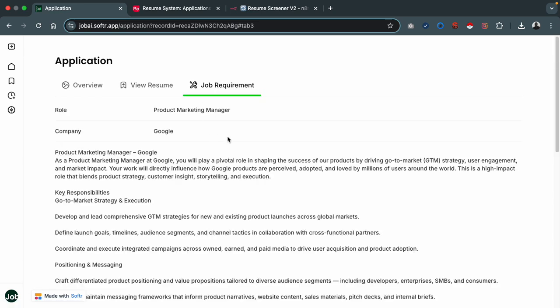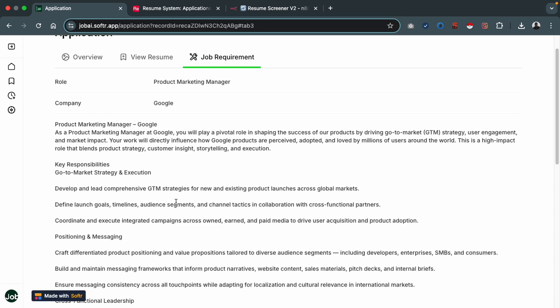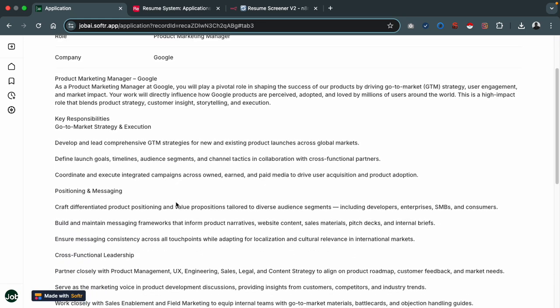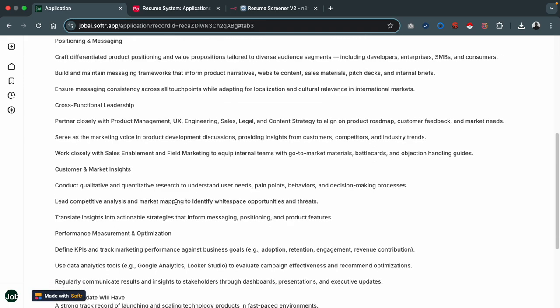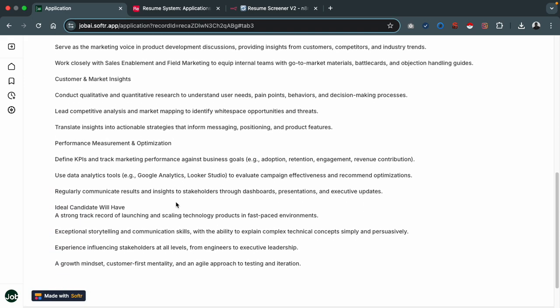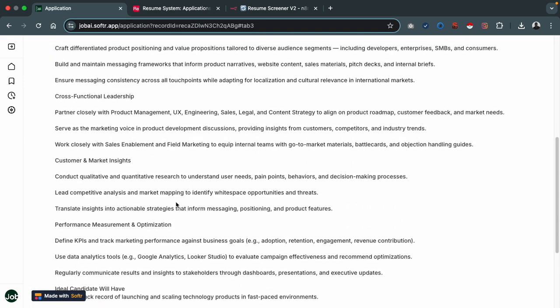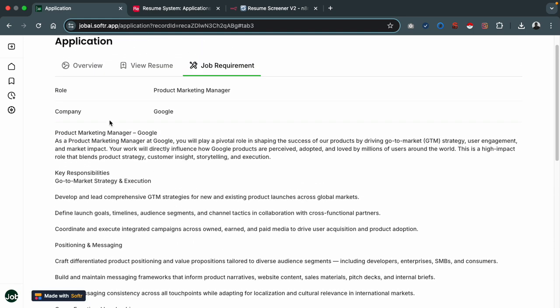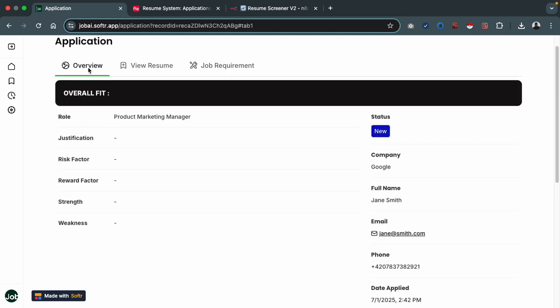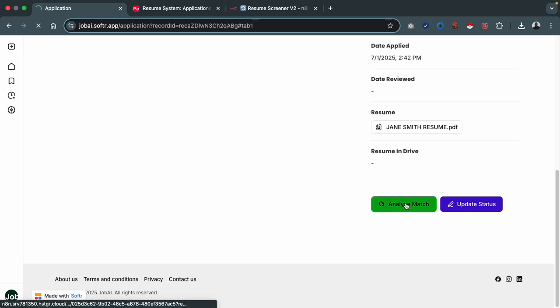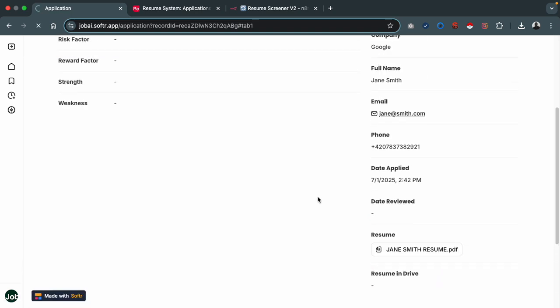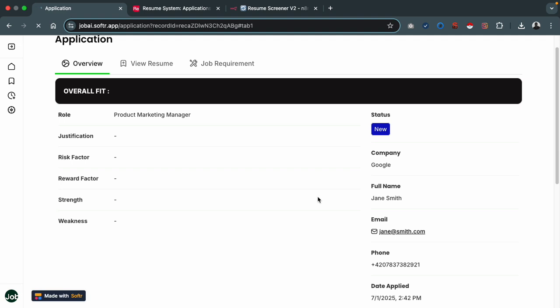And here we also have a very different job description. In this case, it's for project marketing manager, so the requirements are different from the one we used in the first example. And again, it goes on and on. And let's perform the same test. So go to the overview, go to analyze match, give it a few seconds for it to load. And what's happening behind